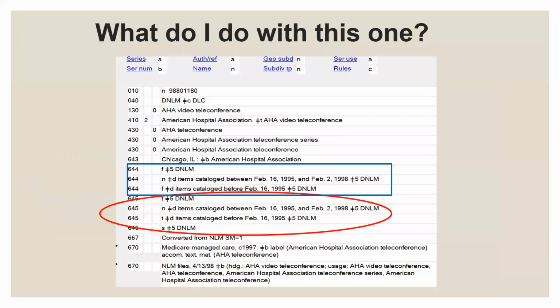Oops, sorry. So I just put this slide in to show you how crazy some of these SARs can be. In this particular one, we have several 645s, and another tag that we really didn't discuss before but kind of correlates with this is the 644.